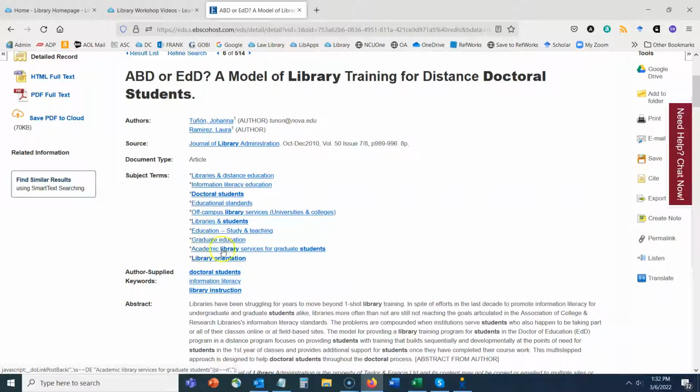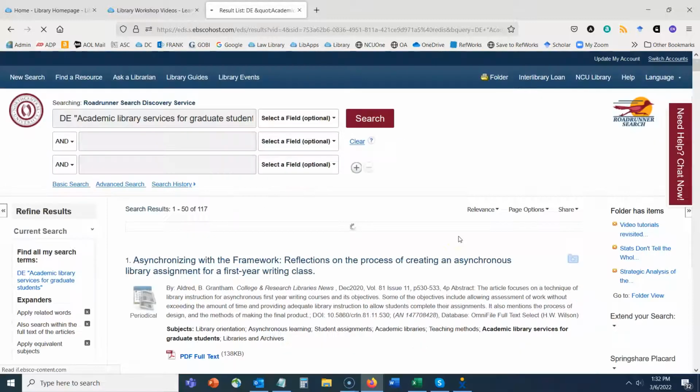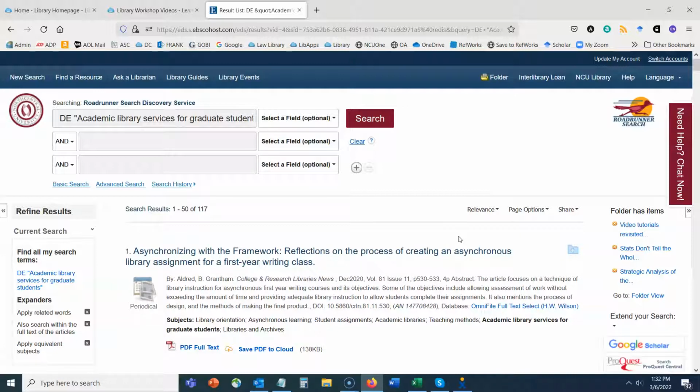So here we have academic library services for graduate students. That sounds super interesting to me, so I'm going to go ahead and click on that link. When I click on that link, it will execute a brand new search for that subject term or author-supplied keyword. So you'll notice at the top, I do have that subject that I was interested in, and preceding that